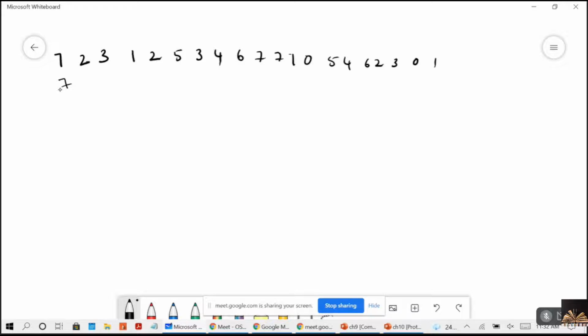Once you tell me the sequence, I'll try to draw the same sequence here. Someone on the mic can help me.